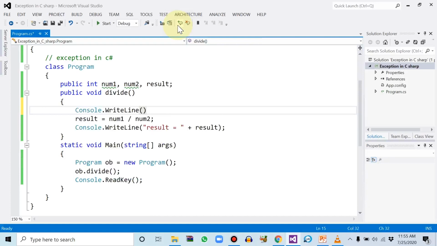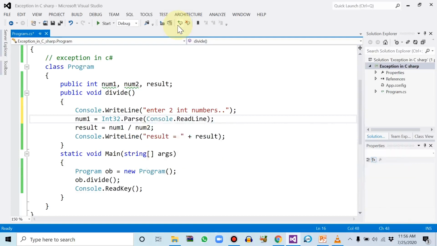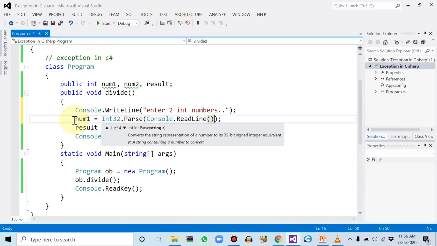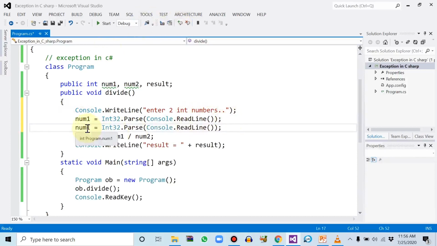Console.WriteLine, enter two integer numbers. num1 assignment operator integer dot Parse, Console dot ReadLine. So we have just initialized num1, Control C and Control V, and change the name to num2. So let's execute this code.